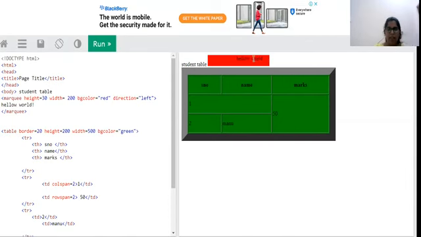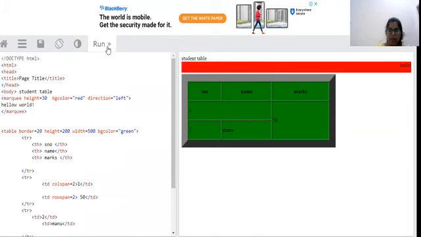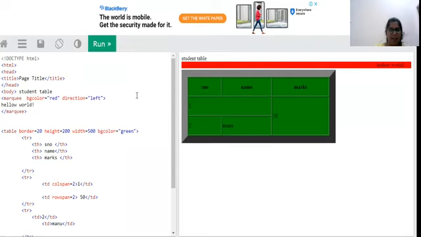So here we are getting the marquee which is scrolling towards the left hand side. It is in red color as I have mentioned here, and the height is 30 and width is 200. So I am going to remove this. Let us see what is going to happen. Height and width. Firstly I am removing the width. So obviously it will take the complete screen, and if I remove the height, so it will take the text size.